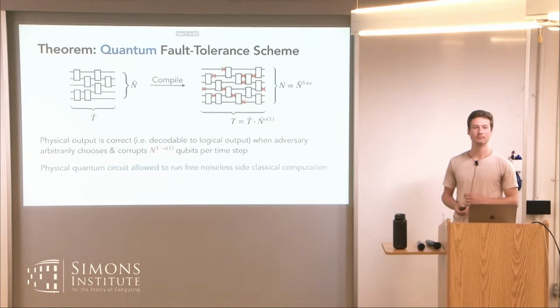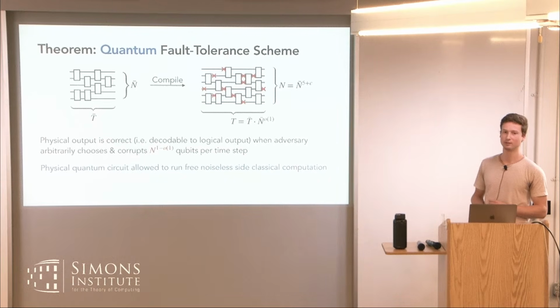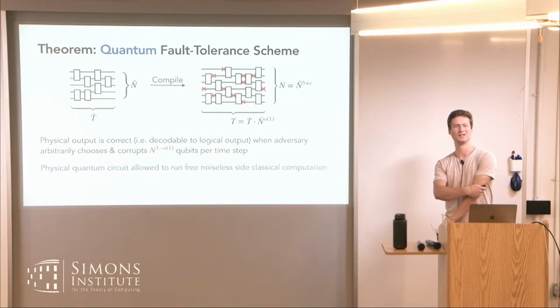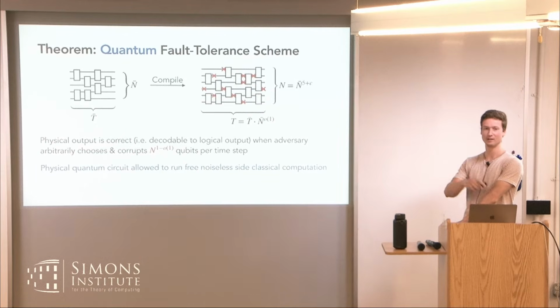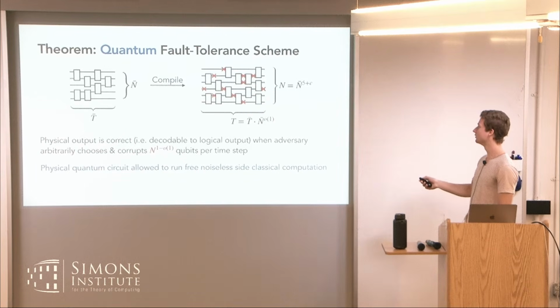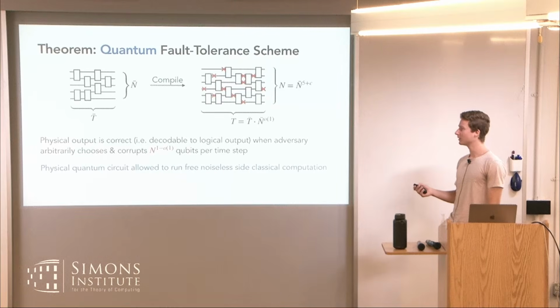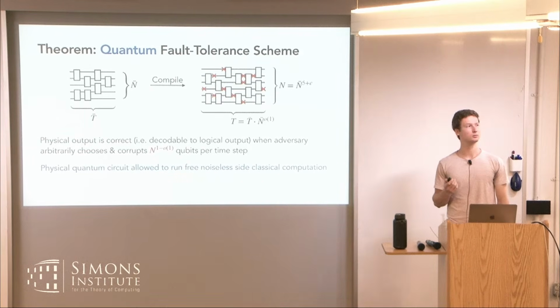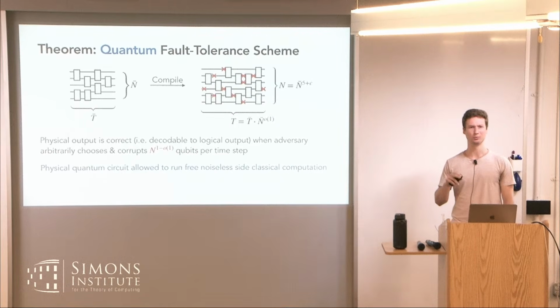So what was known about adversarial errors in the quantum setting? Roughly the same as classical. You could correct inverse polynomial. Actually, it's worse, I think. Classically, you can use a repetition code and correct 1 over n to the epsilon as your space usage blows up. Quantumly, I think it wasn't known how to get better than 1 over n to the 1/3, or sorry, 1 over n to the 2, like 1 over square root n roughly.